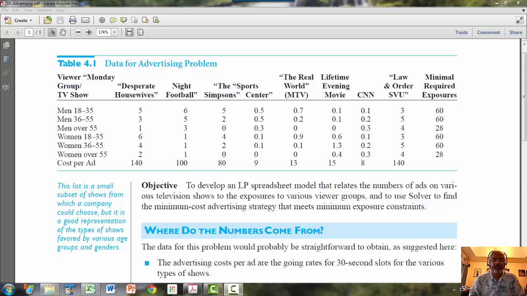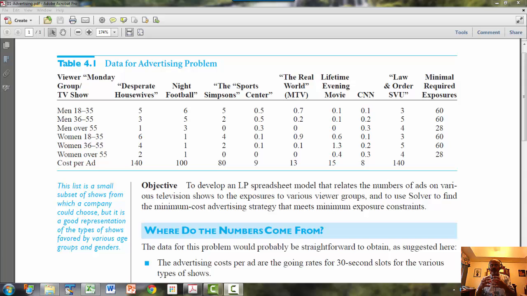Now we start chapter 4, and in chapter 4 we're going to be looking at several different types of linear programming problem, and each of them we'll set it up as an Excel model and use Solver to find the solution. Now we'll be looking at problems from different functional areas like marketing, production management, human resource management, and financial management. And we'll also look at one specific problem that is kind of unique, different from the other problems, and